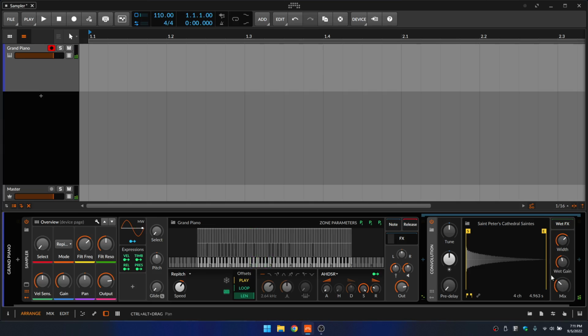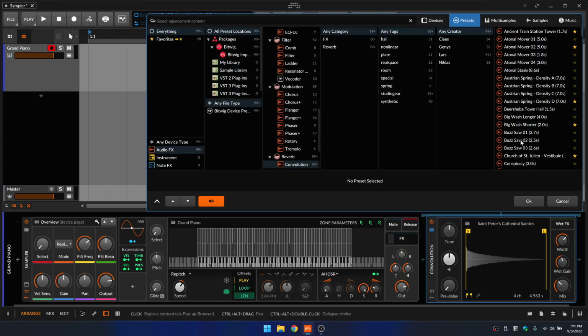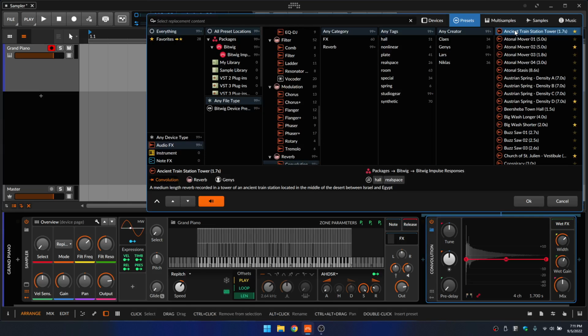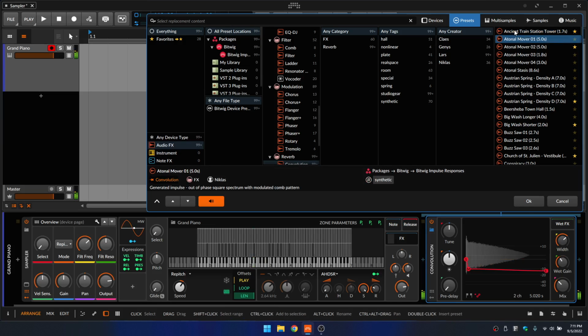And we now have reverb added to our multi-sample grand piano. If I'd like to choose a different preset for the convolution reverb, I can click on the folder, and then we have all of the available presets for it here on the right. I can click once to select, and I can use the down arrow to navigate